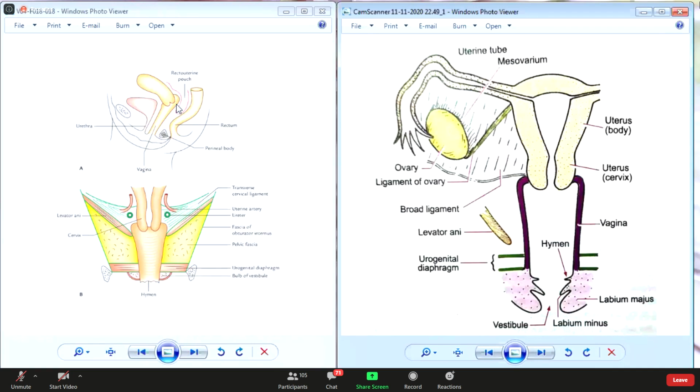And these clinical importances are very important. The nerve supply, arterial supply, you'll study it yourself. I'm not going to discuss it, because the most important thing is the uterus here, which requires very elaborate discussion. And one more thing, please be attentive to this figure. What I'm going to show you now